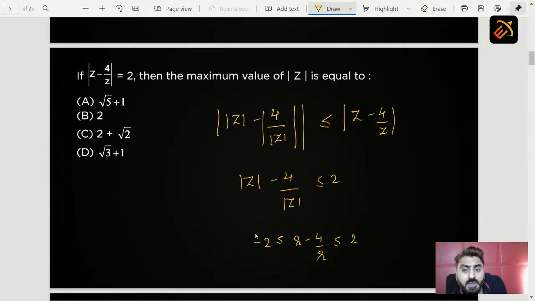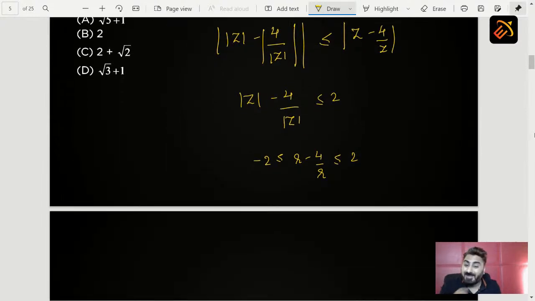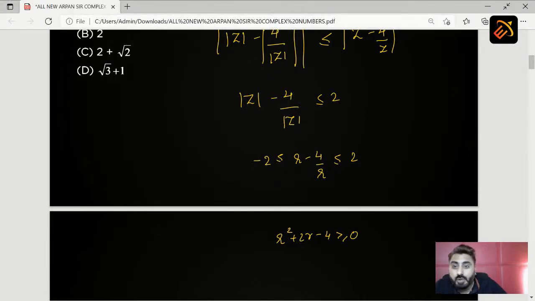Now if you see properly the left inequality हमें क्या देगा? So यहाँ पे जब हम LCM लेते हैं तो हमारा लेफ्ट इनइक्वालिटी हमें देता है एक क्वाड्रेटिक इक्वेशन, और वो क्वाड्रेटिक इक्वेशन हो जाएगा r² + 2r − 4 which is greater than equal to 0. अगर ये क्वाड्रेटिक इक्वेशन है तो इसे सॉल्व तो करना पड़ेगा।